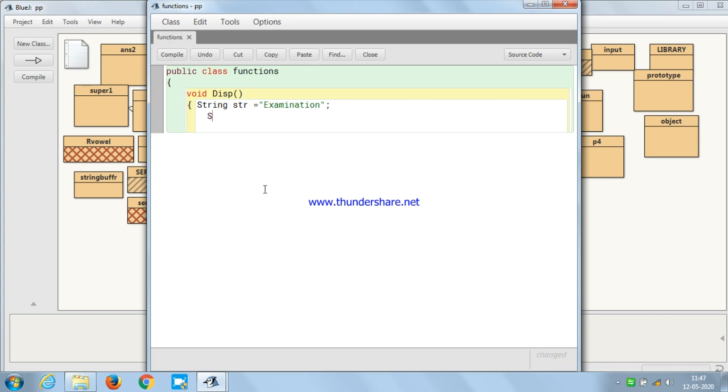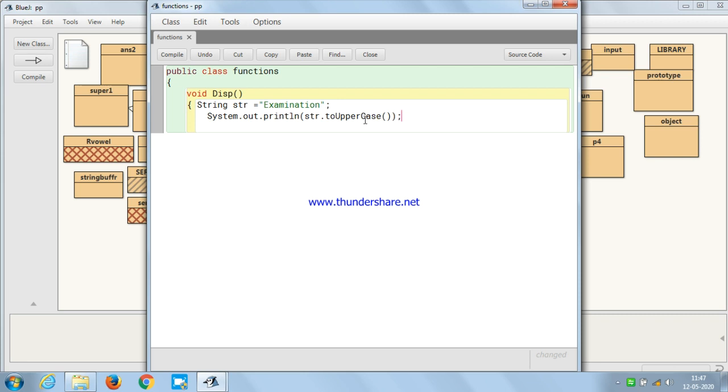I'm writing System.out.println. I have stored this examination in the str variable, so I will write here str.toUpperCase. I am converting this string, examination, to capital letters.